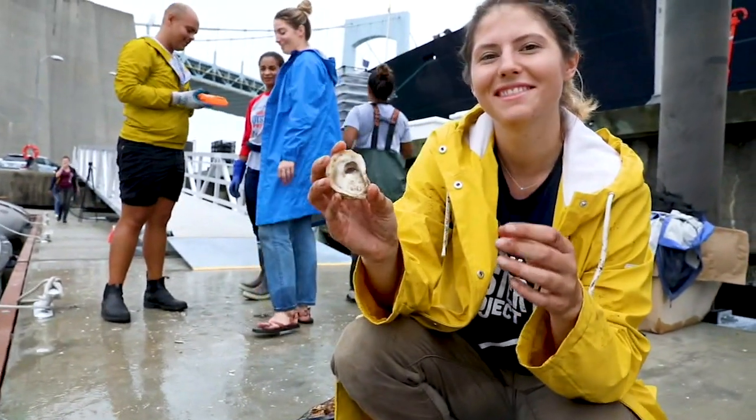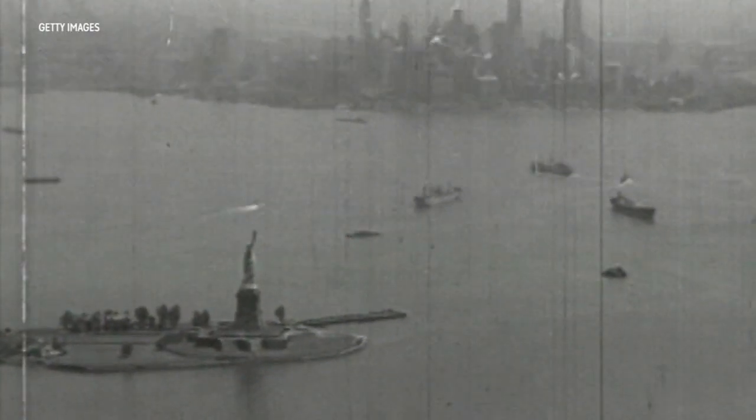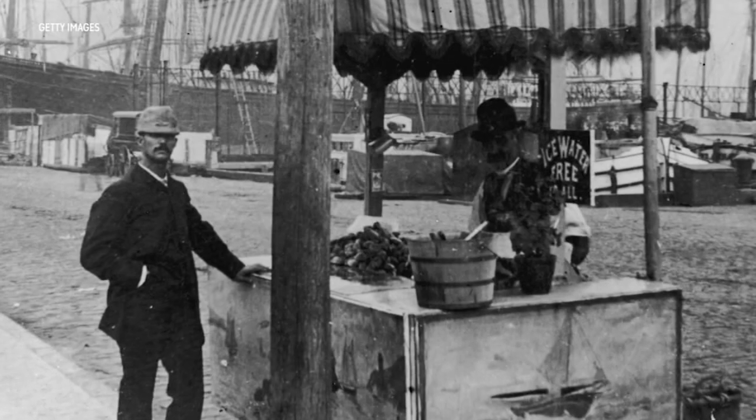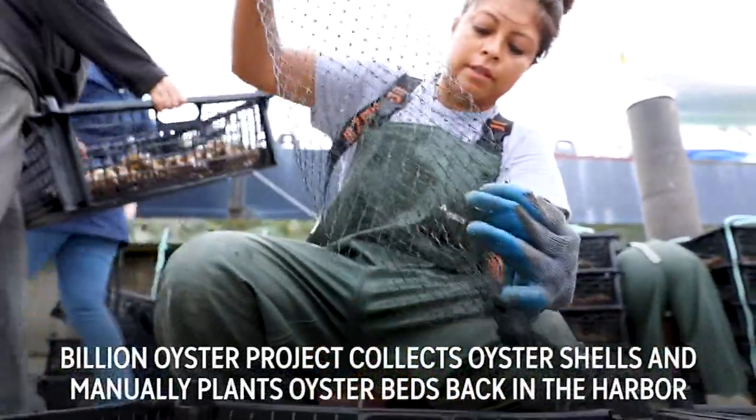When explorers first arrived in New York Harbor, they found a harbor that was totally full of fish, and the backbone of that ecosystem were the oyster reefs. When New Yorkers harvested all of the oysters from the harbor, they also removed the shells and didn't put them